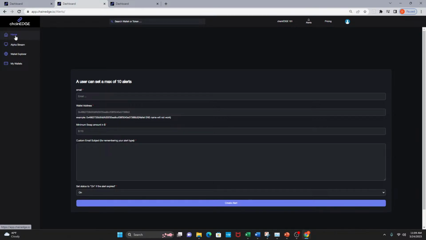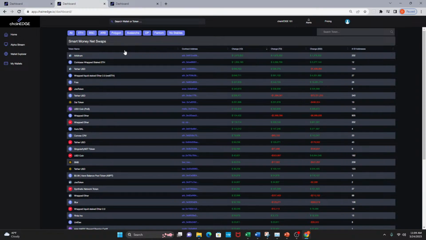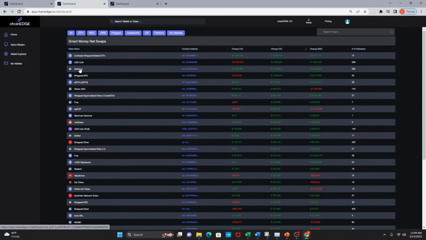But going back to the home dashboard, another use case that I find myself using the home dashboard for, as a good way of getting overall sentiment, is looking at what makes up the top flows over the last day and 7 days. Because if it's stables, that means smart money's pulling back on risk. And if it's Arbitrum and there's some pretty degen new launch, like this Joe token,